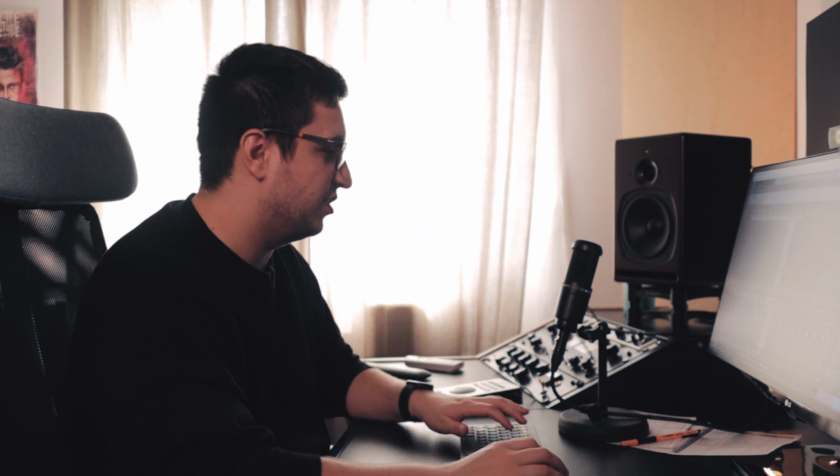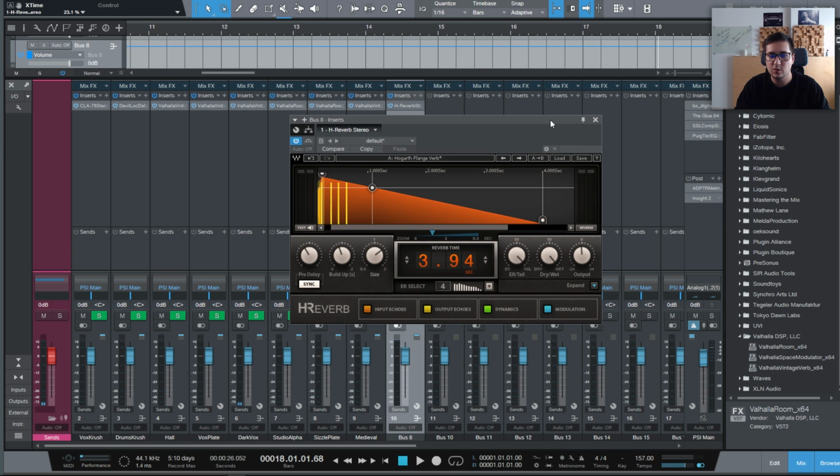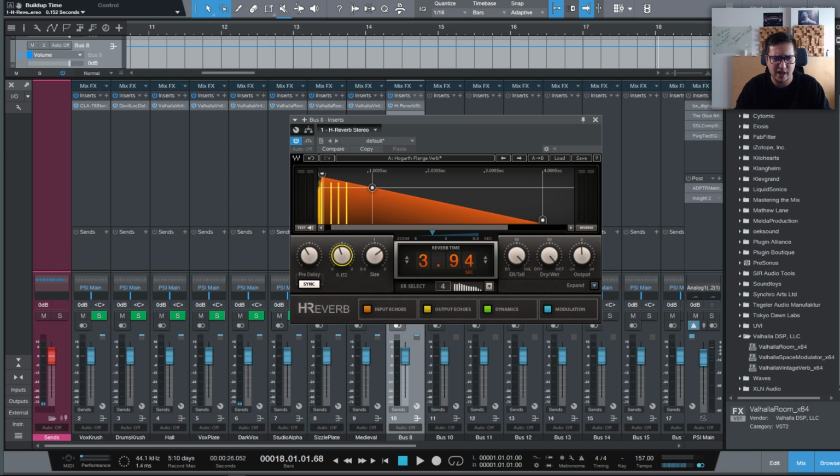Give your sends names that you can remember, that you're gonna use in every single session. I have H reverb in my sessions because of one preset. That preset is the Hogarth Flange Verb. This is what I use if I want to get like a Travis Scott type reverb. The only thing that I change is the build up and the pre-delay, the size 3 seconds, and of course,